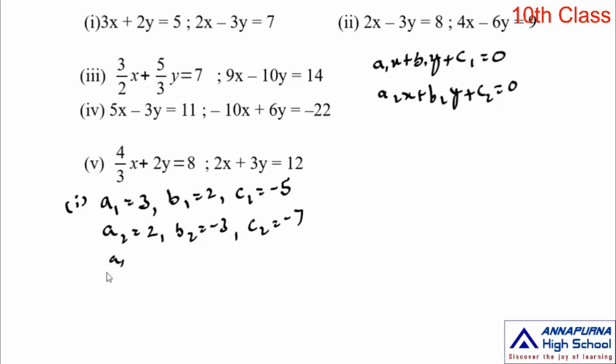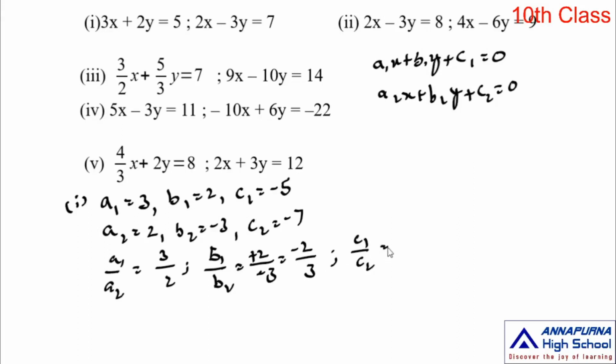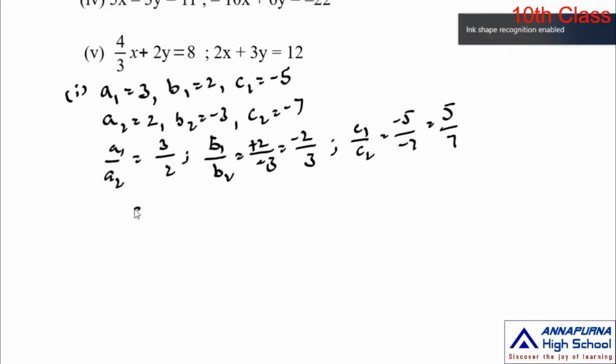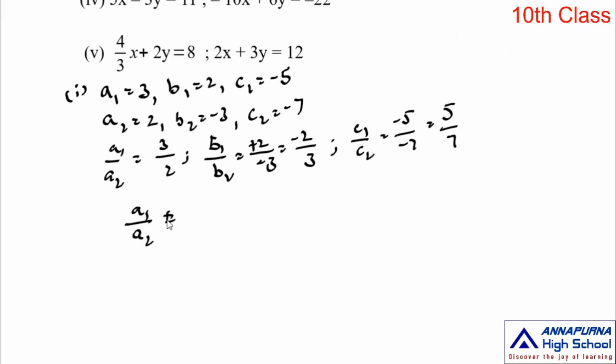Now find out the ratios. a1 by a2 is equal to 3 by 2. It is already in simplest form, 3 by 2. And b1 by b2 is equal to minus 2 by minus 3, its simplest form is 2 by 3. And c1 by c2 is equal to minus 5 by minus 7, it is equal to 5 by 7. By comparing these three ratios, it is very clear a1 by a2 is not equal to b1 by b2,